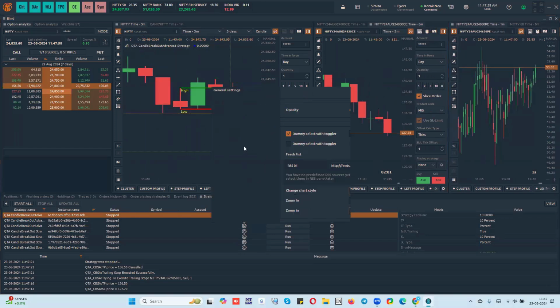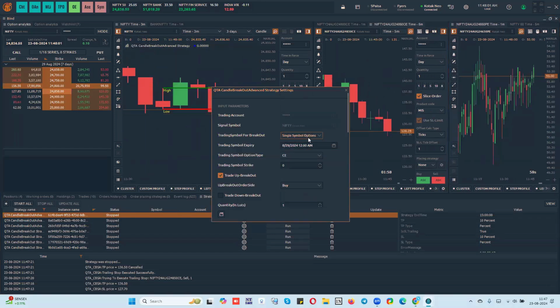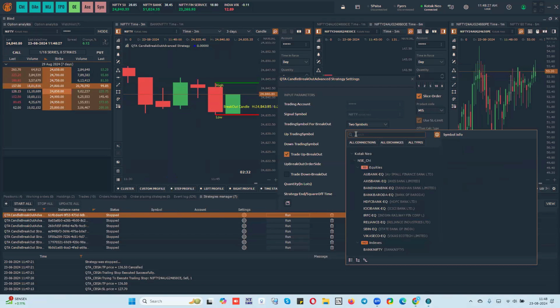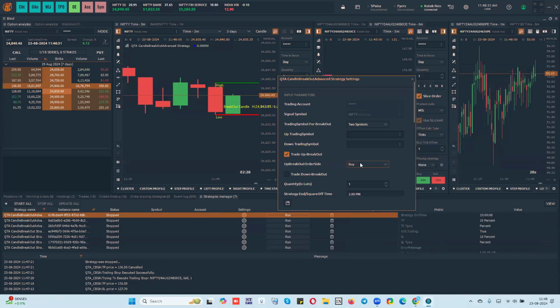So I go here. In this, there is a two symbols option as well. So you can select two different symbols for buying as well as selling. Okay, so you can do that as well. In this case, you select the symbol where you're putting the strategy, and then you can select one symbol for upside breakout and one symbol for downside breakout. And again, you can select the parameter, whether you want to buy on